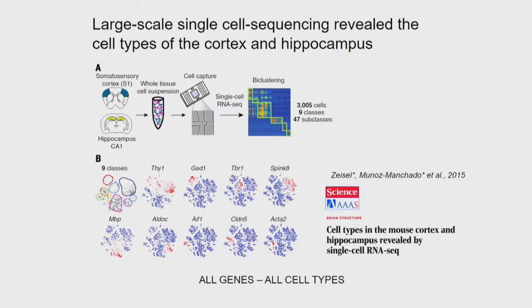There are now several different methods to do this. We heard about SmartSeq in the talk before, 10x Genomics, of course, and there's maybe 20 different chemistries you can use. Depending on what kind of information you're looking for, different methods will be best for you. But the important thing is that when we do this, we get information on the expression of every gene in every different kind of cell that you look at. So that's the key thing.